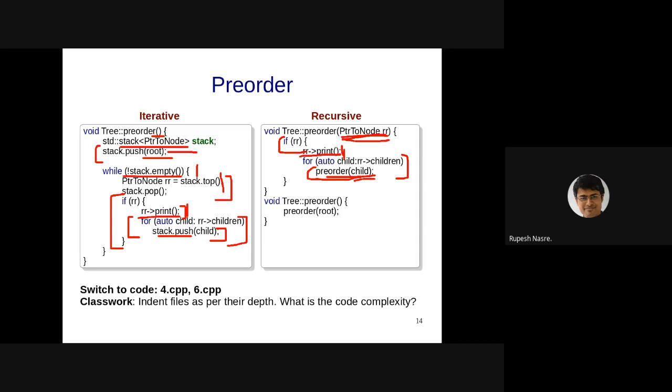What does that mean? That means the root is going to have 0 indentation. Then its children are going to have 1 indentation. 1 meaning it could be 1 tab or 4 spaces, or 1 space, doesn't matter. But this spacing is going to be dependent on the level at which a particular node exists in this tree. Any suggestions on what can be done to achieve this?